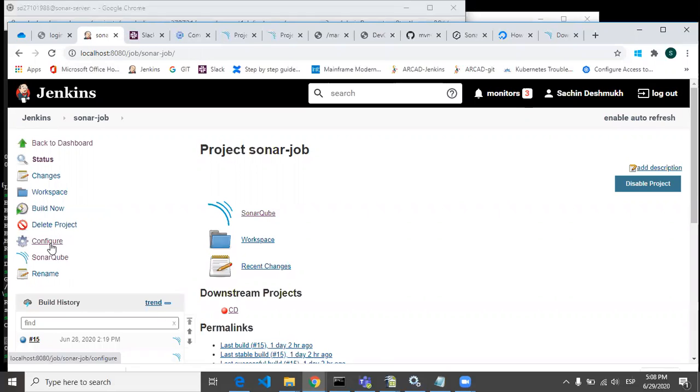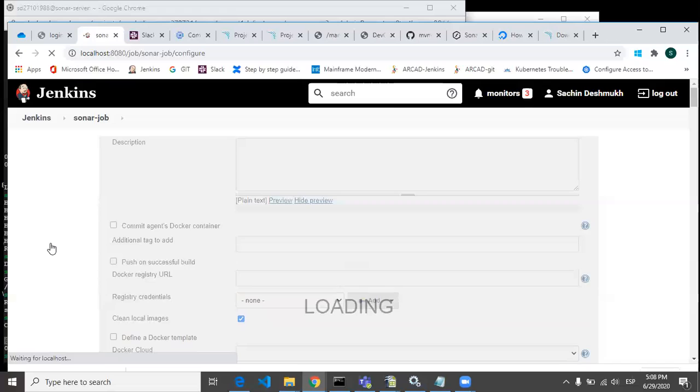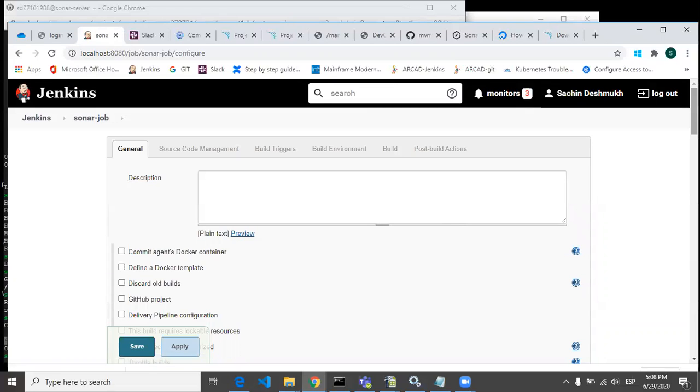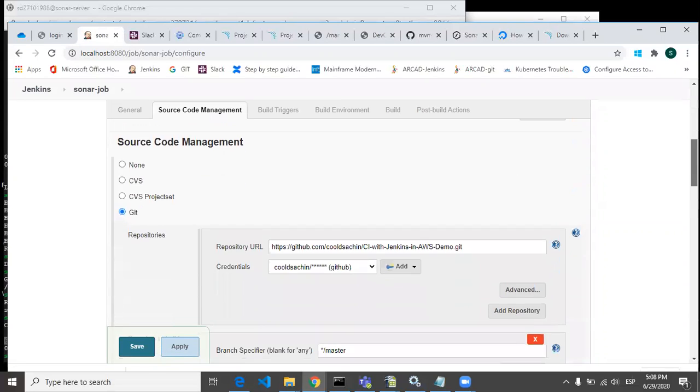Once you go to the configure section, in the Git section I have given this path. This is my GitHub path.